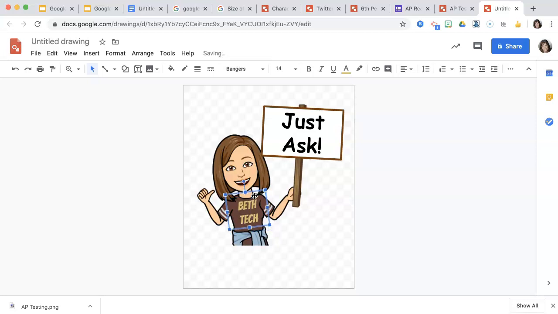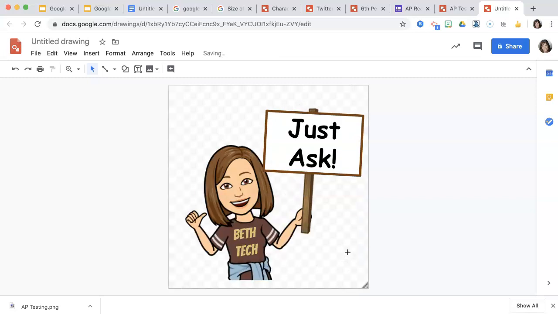So let's say I was trying to, and if I do the shift key down and then I use my arrows, then it makes the movements a little bit smaller. Okay, so I'm looking at that and that looks pretty good. I can resize so that I don't have as much white space. And so now if I saved this, let's say,